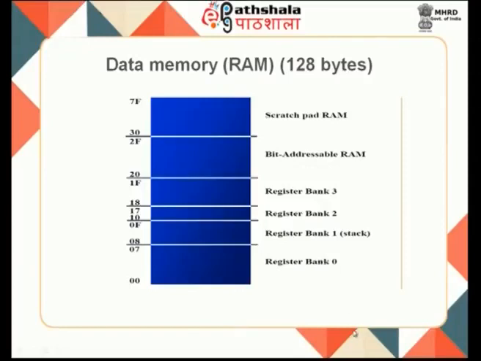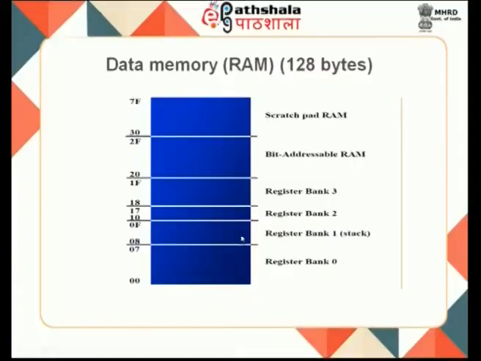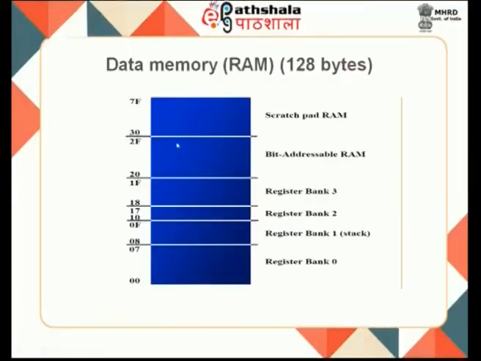So, based on these RS locations, RS0 and RS1 together: if it is 00 it will be this place, if it is 01 this will be the place, if it is 10 this will be the place, and 11 this will be the place. So, based on that, your registers R0 to R7 are located in your data memory. I will call them registers, but those registers are also written or updated only in these memory locations. And from 20 to 2F is bit addressable RAM, where I can place data while doing all processing,